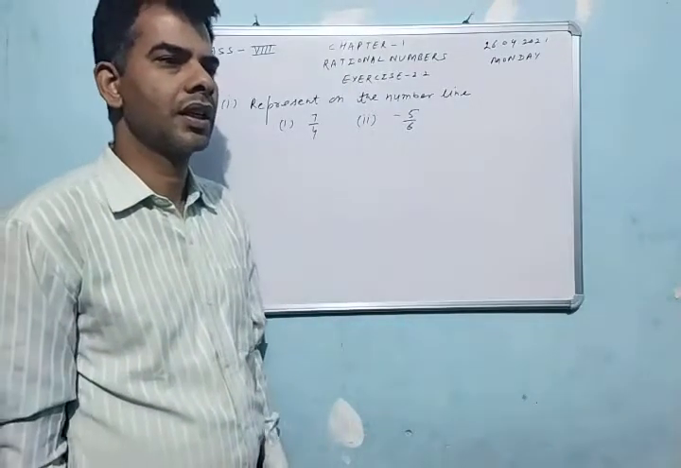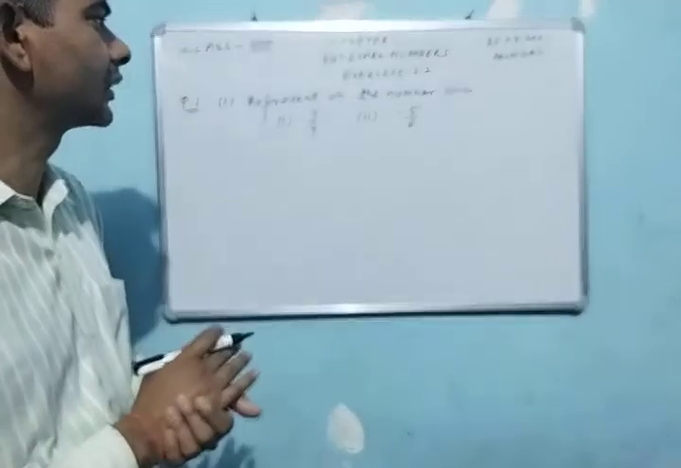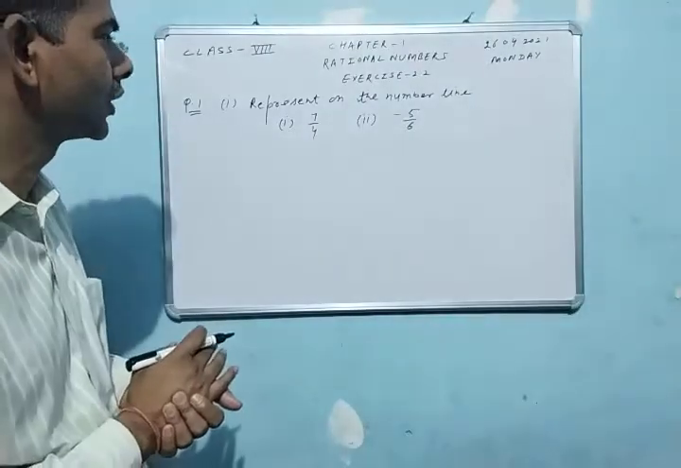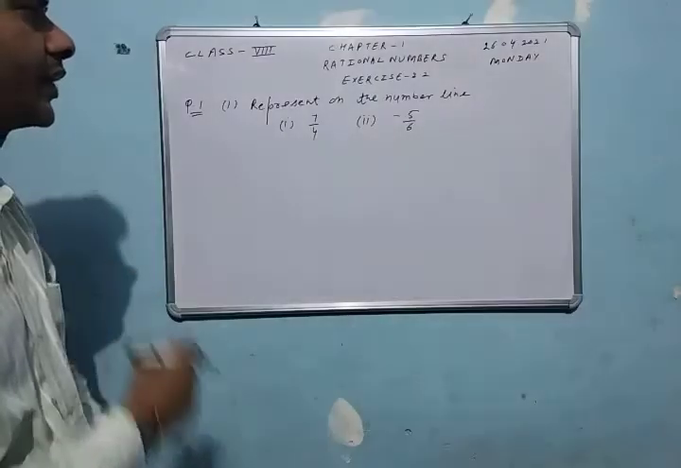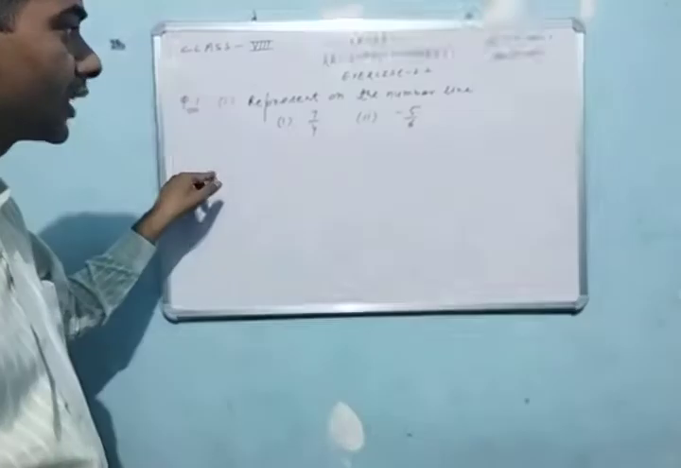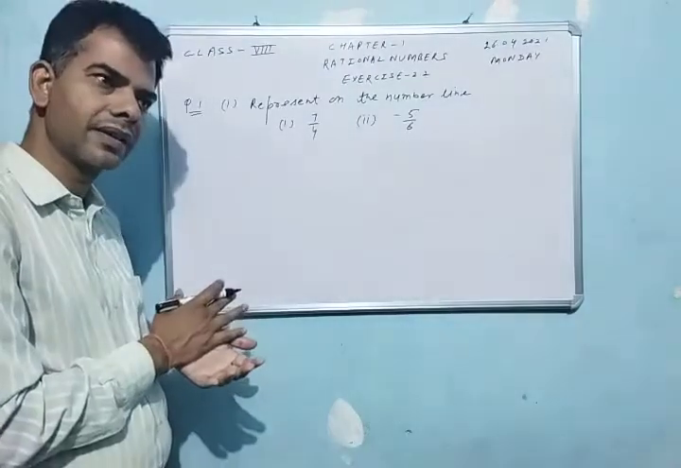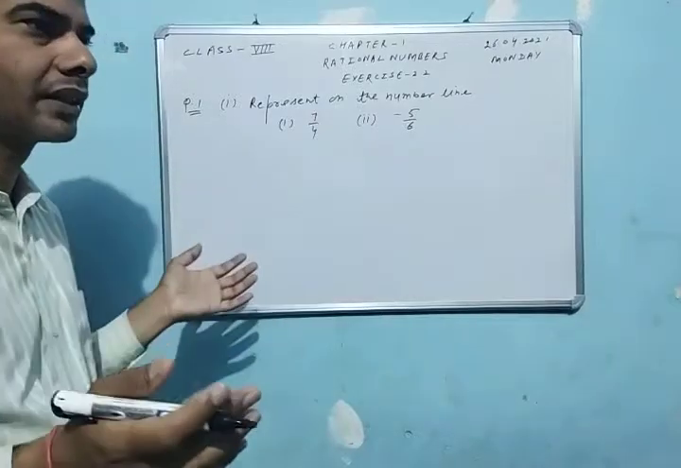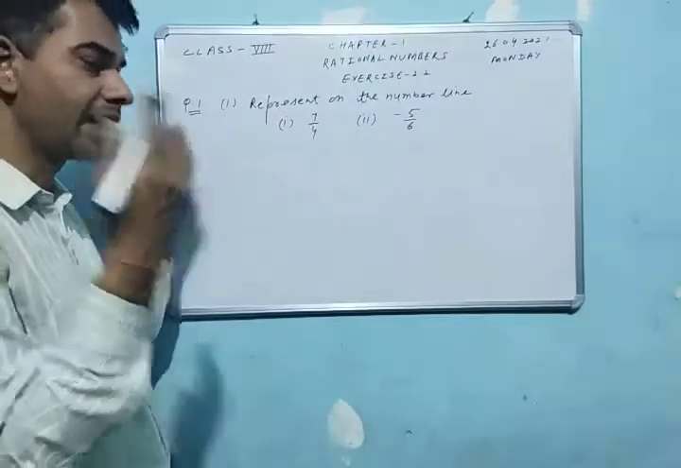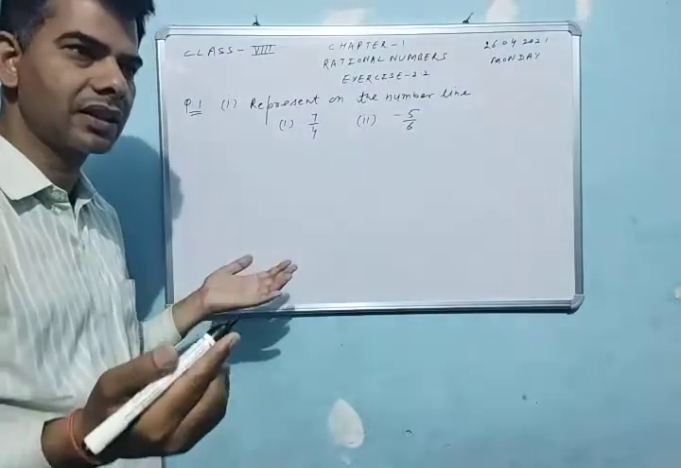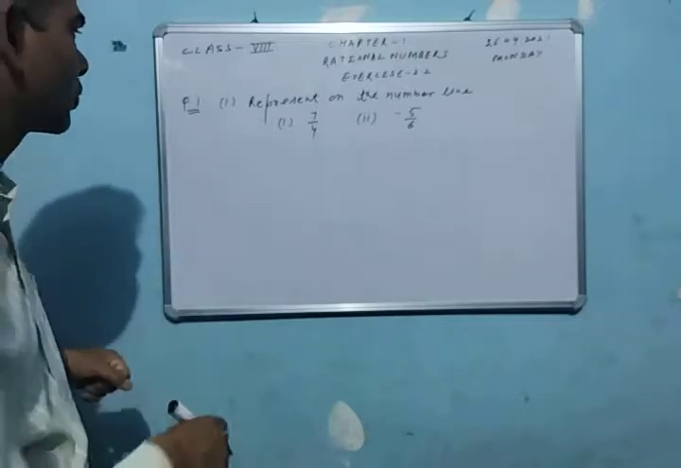Students, in the previous classes, we have completed exercise 2.1. Today we will discuss exercise 2.2: representation of rational numbers on the number line, and finding 5, 10, and 20 rational numbers between two given rational numbers. Now students, question number 1 is